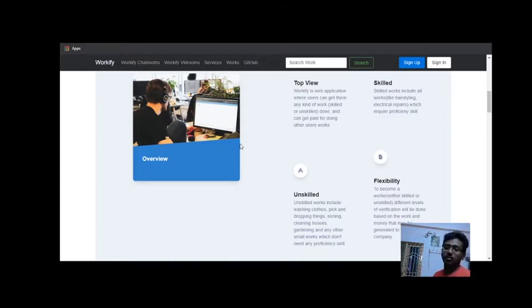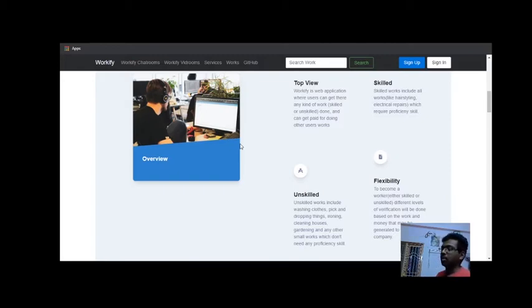That particular agent will be given authentication: a request will be sent, a response will be sent to that agent that the customer accepted you for the work, and from there the work starts. Ongoing, completion, cancellation, and everything will be in the hands of the customer and agent. After that the customer can pay the agent. So this is the complete workflow of how our app goes.